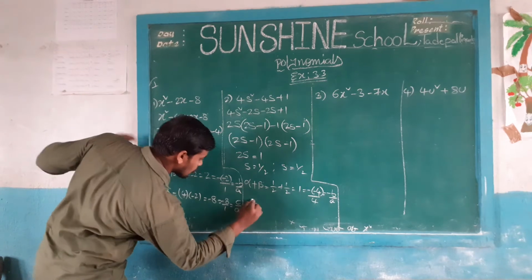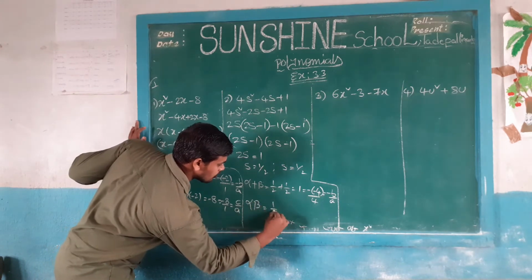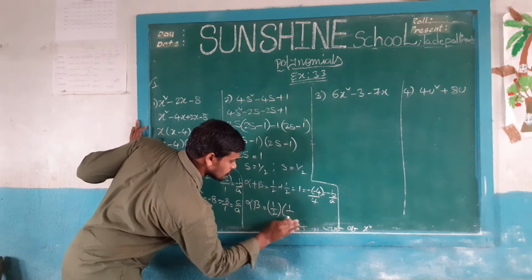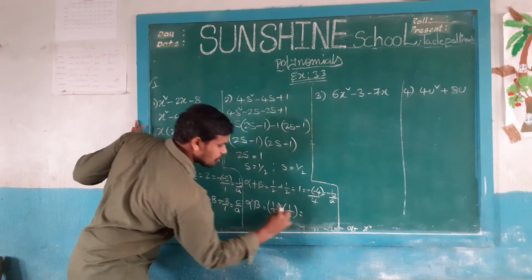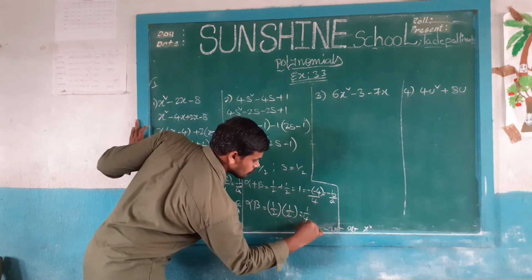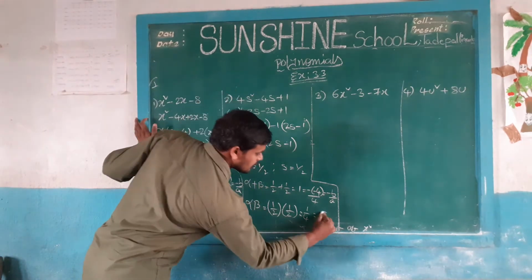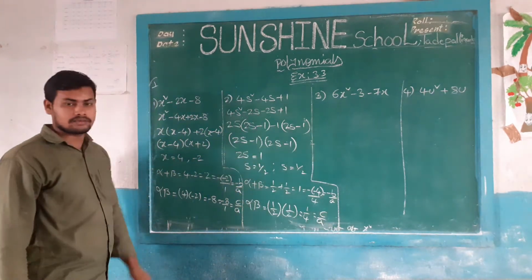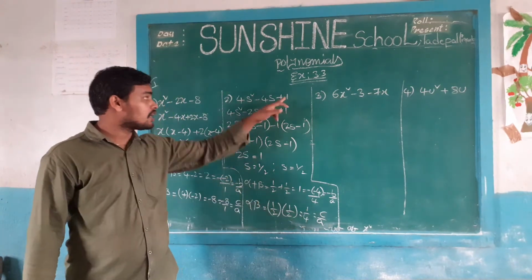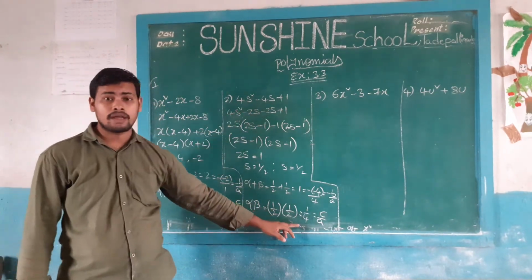Okay. In the same process here, alpha beta 1 by 2, 1 by 2. 1 into 1, 1. 2 into 2, 4. Here 1 is there. It is directly, all of positive signs are there. C by A. C value is 1 and A value is 1 by 4.